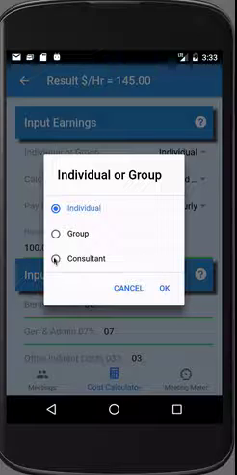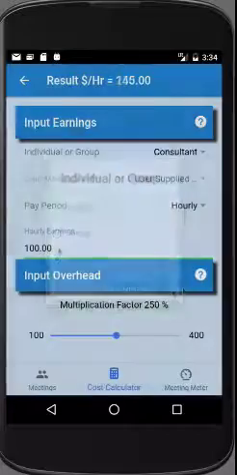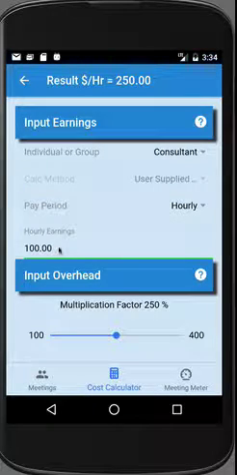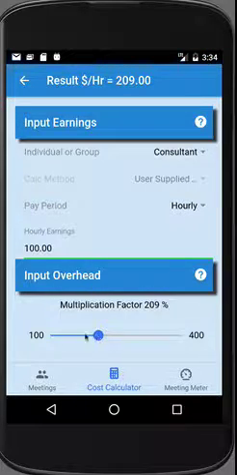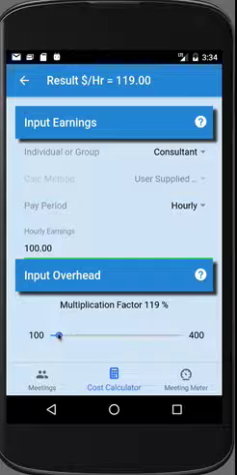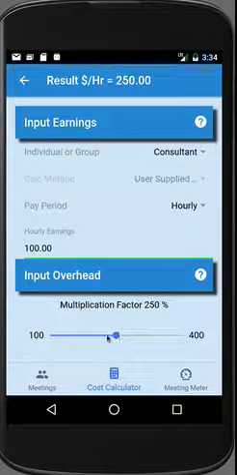When we choose consultant, the calculation method is disabled. The input consists of a wage and a multiplication factor. Your input overhead is simply a multiplication factor. If you're consulting and you want to make $100 an hour average salary, your billing wage may have to be